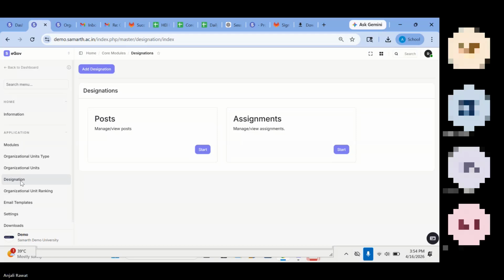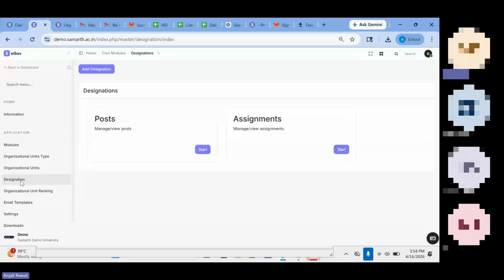He's an associate professor, assistant professor in your institution, or analyst, system analyst, assistant. That is a post. That same person is also working as HOD, or is a dean also in your institution. So that is an additional assignment. As a post, the person is recruited on the designation, and the person working on an additional designation is an assignment.